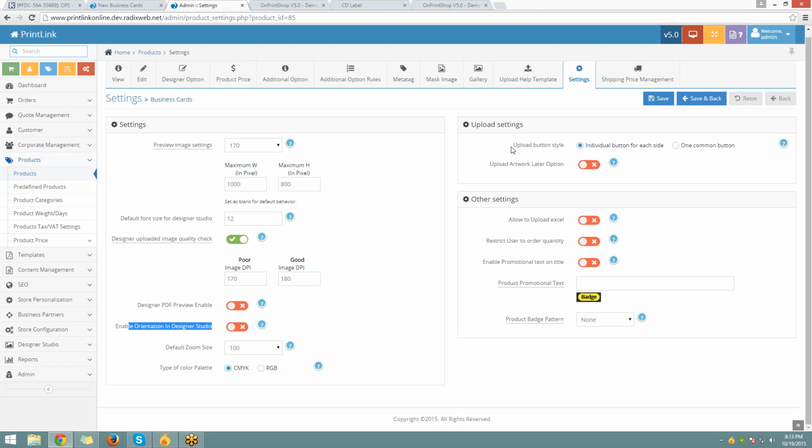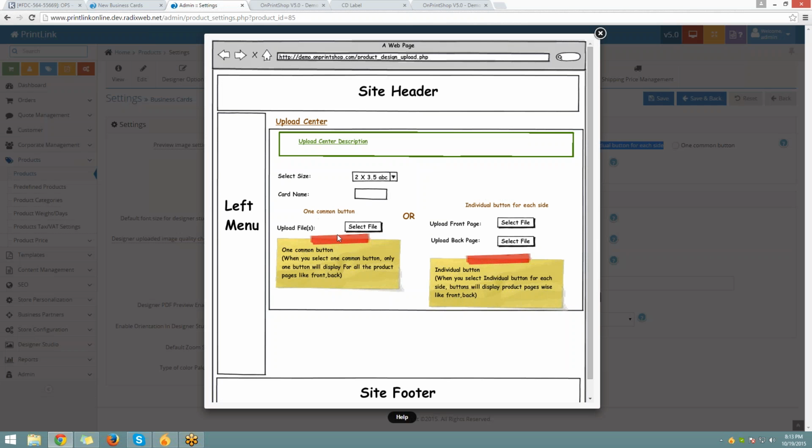Now the upload button style is there. Let's say when your customer goes to the upload section, what kind of button you want to offer them. Let's say one common button for both sides, or an individual button for each side. You can define the same from here. If you select one common button, then it will be displayed like this. Or if you select an individual button for each side, then you can have this kind of